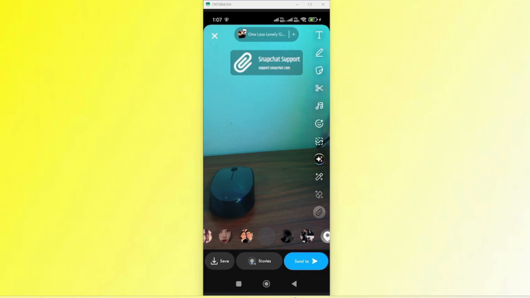And there you have it. You're now ready to use Snapchat filters on your video calls. Remember, these filters